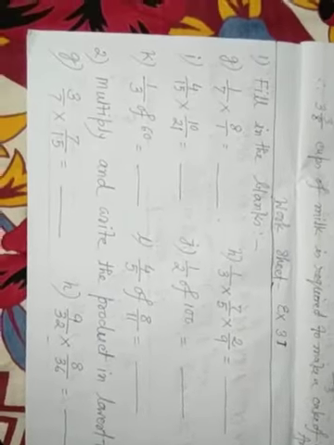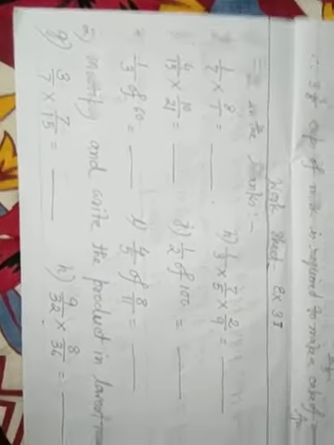So classwork complete. Now I give you some homework. That is, fill in the blanks. I do some maths which we do not do in the class. Worksheet exercise 3I, that is fill in the blanks. G, 1 by 7 into 8 by 1 equal to, you fill in the blanks. H, 1 by 3 into 7 by 5 into 2 by 9, blank. You fill the blank. I, 4 by 15 into 10 by 21.